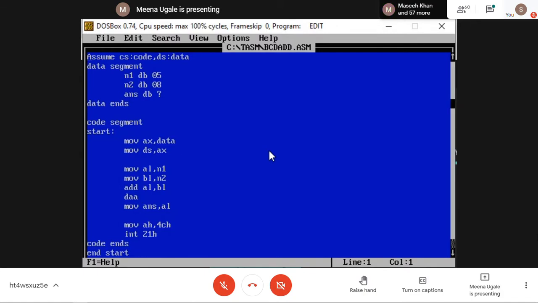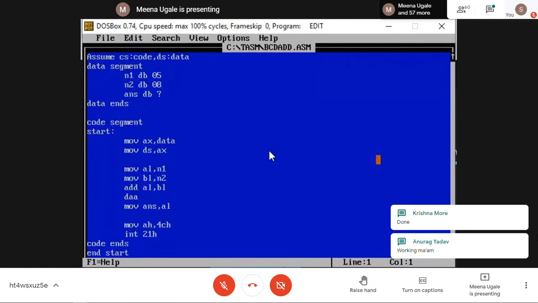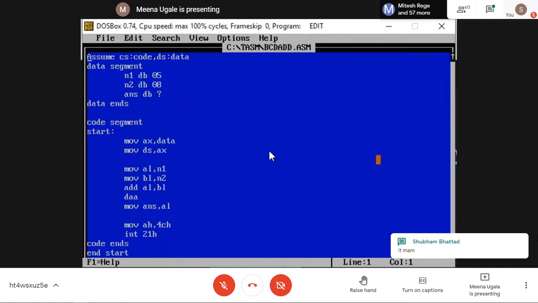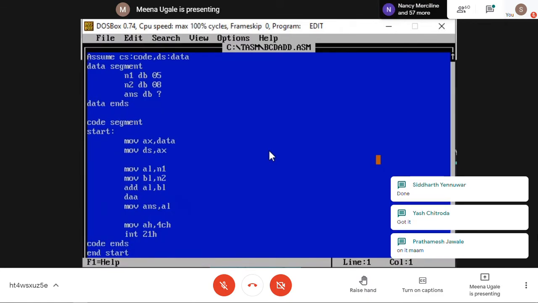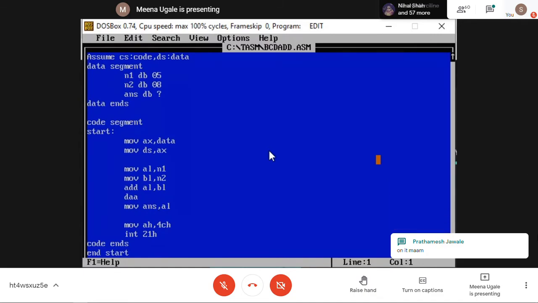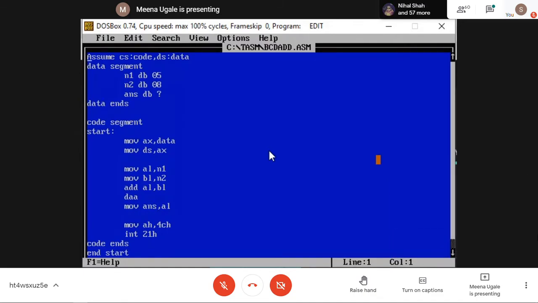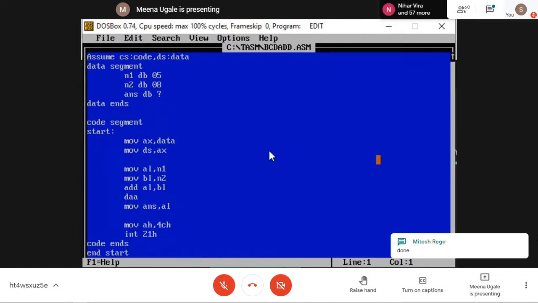How many of you understood or got the output? Please type in the chat box. Let me see how many are getting it. Krishna, Anurag, Shubham, Siddharth, Yash, Prathamesh, Mitesh, okay.